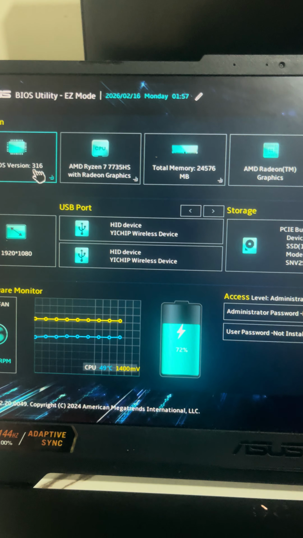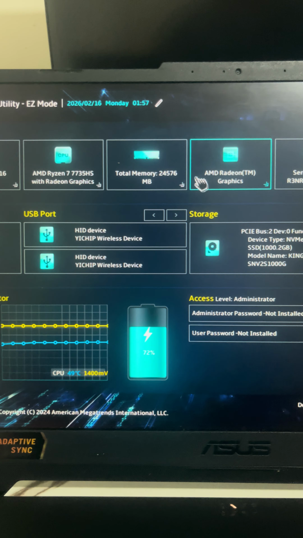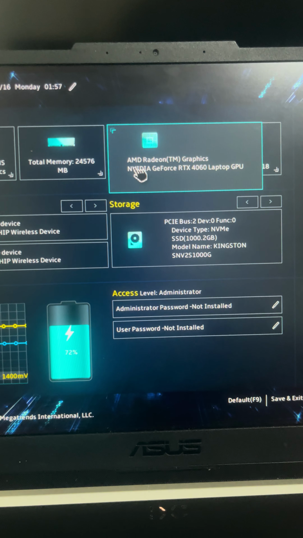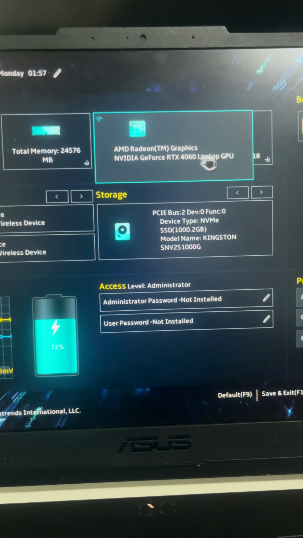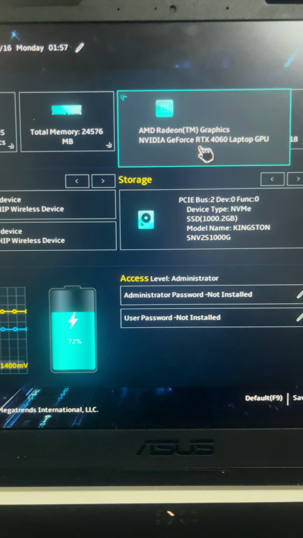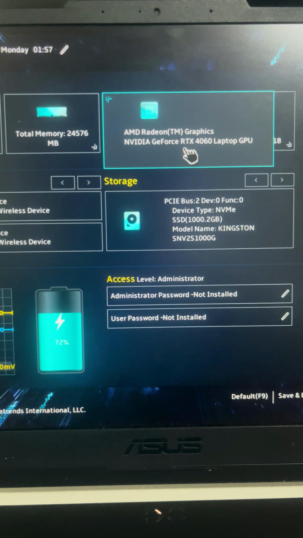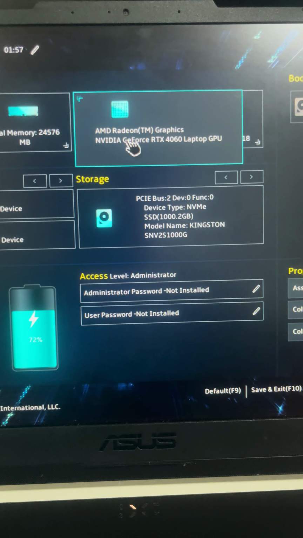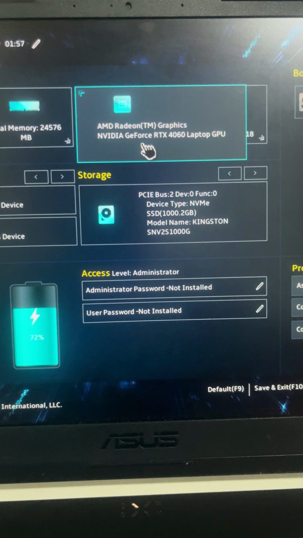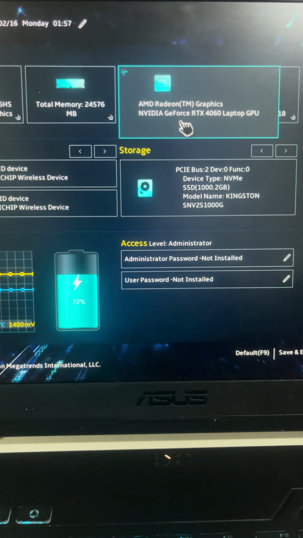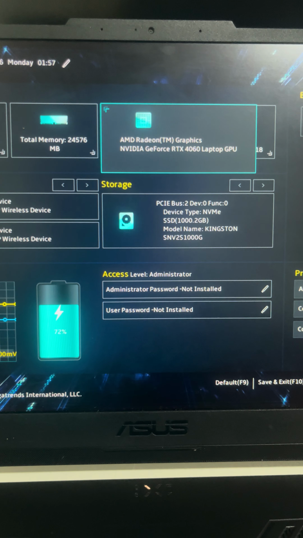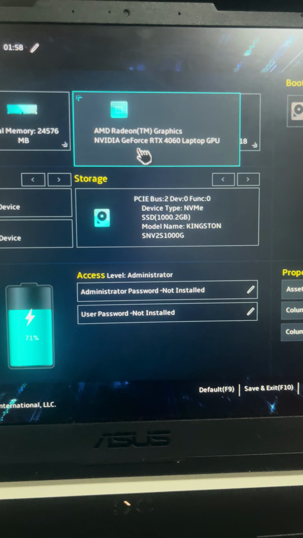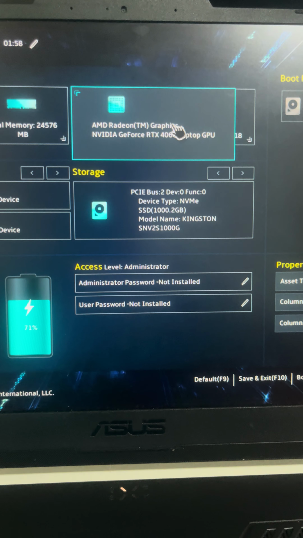Now the first thing you should check here in BIOS is that you should find the NVIDIA in here. So the first thing is this one, the graphics. If NVIDIA is showing in your BIOS, then that means your NVIDIA or your RTX or your NVIDIA GeForce is still working. So it's not on the computer itself or on the hardware, I think, or what do you call that, I don't know. But yeah, if it is still shown in here, that means that's still working.